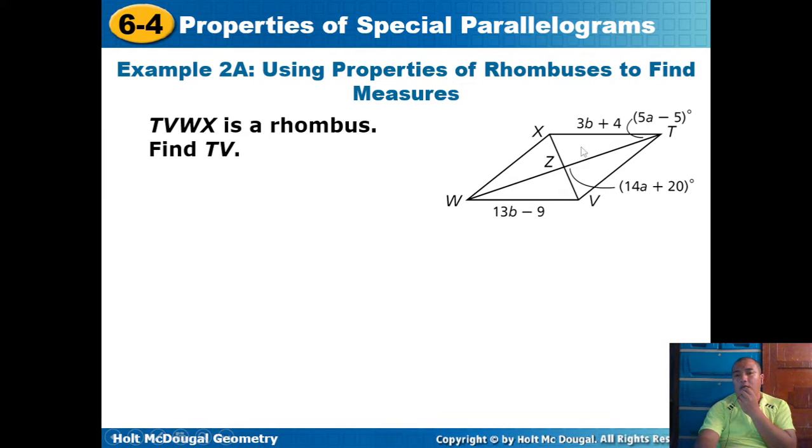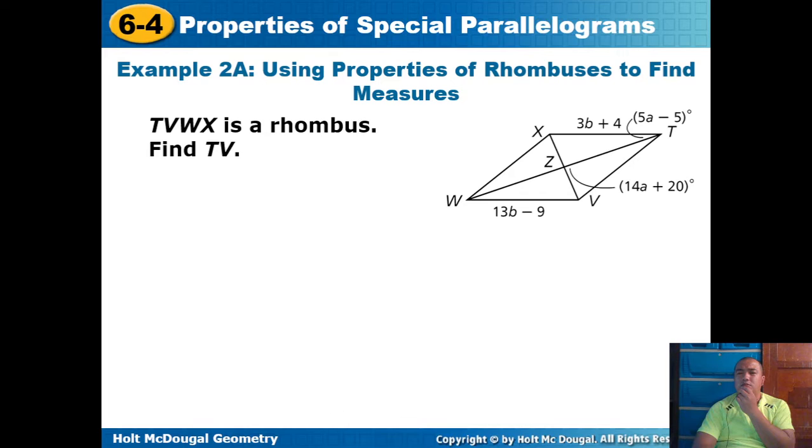Find TB. Let us first solve for XT and WB. They are equal. All sides are equal in the rhombus. So whatever the side of XT and WB, it's also the length of the side of BT or TV. So let's equate 3b plus 4 equals 13b minus 9, or 13b minus 9 equals 3b plus 4. So 10b equals